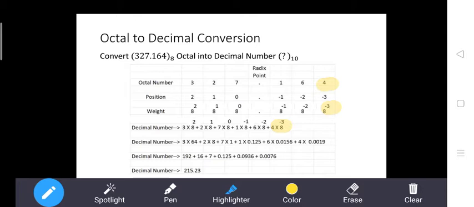So after simplification of all these terms, I get